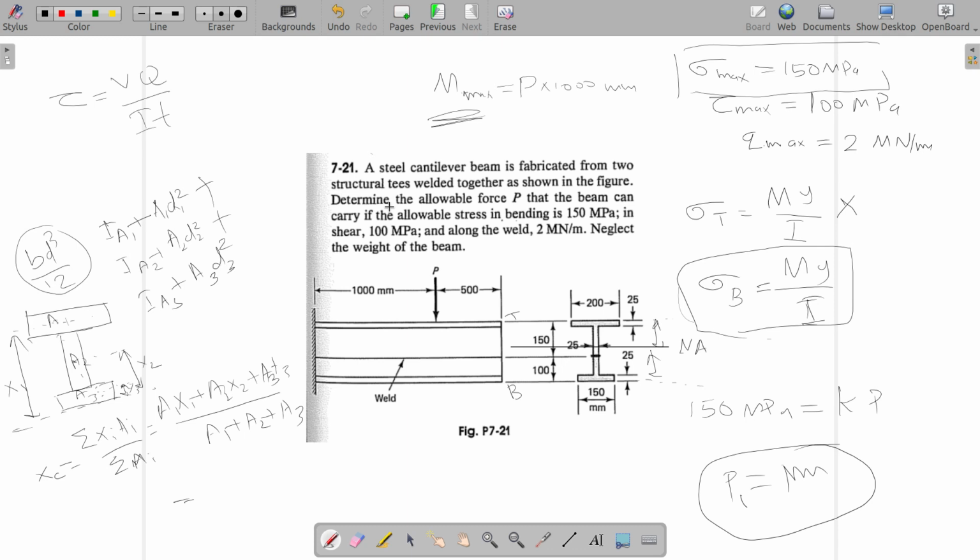Now unlike bending stress, where the maximum value happens at the farthest point from neutral axis, the maximum value of shear stress happens at the neutral axis itself, the closest point to neutral axis or the neutral axis itself. So you can find out the value of tau at the neutral axis. How do you calculate that? Once you have this TA,